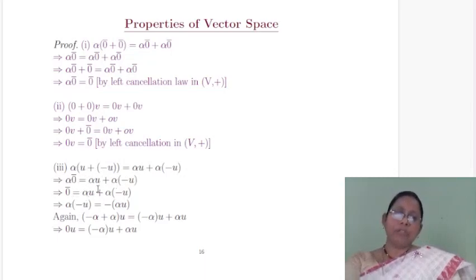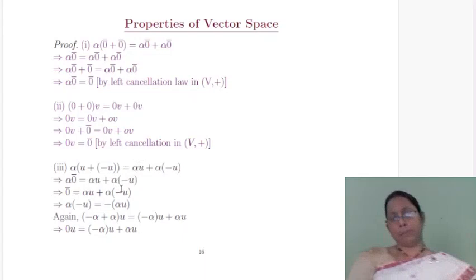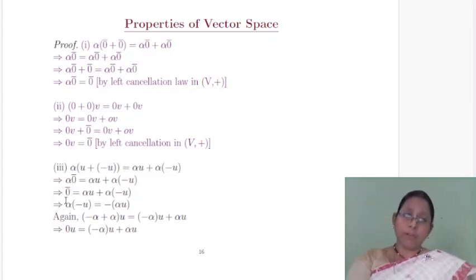Okay, this is not multiplication here, this is the binary operation that stands for scalar multiplication. Whatever binary operation is provided in the space, that is the binary operation. Do not get confused between our usual multiplication and this binary operation, scalar multiplication. Alpha is a scalar and this is a 0 vector, and this is alpha u plus alpha minus u.